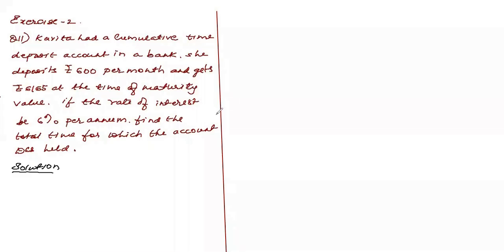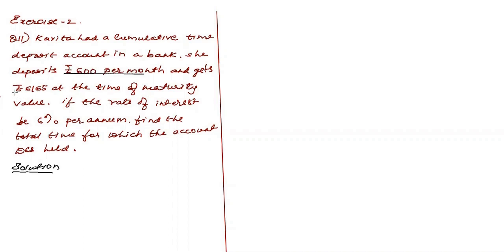Question number 11. Kavita had a cumulative time deposit account in a bank. She deposits rupees 600 per month. That means this is one very important information. Don't you agree? What you deposit per month is taken as P. So what is P, children, here? P is rupees 600, okay, and gets rupees